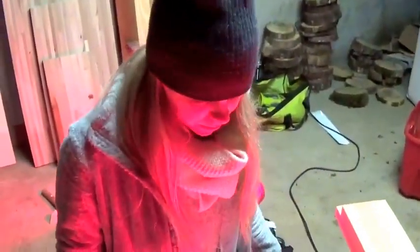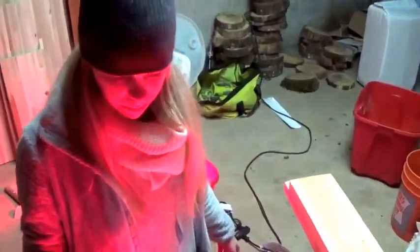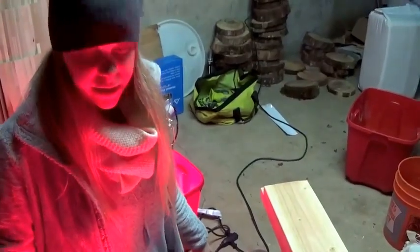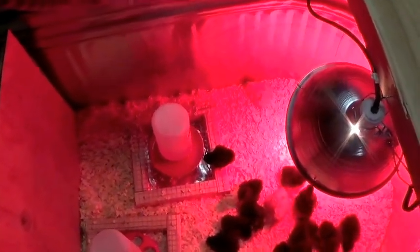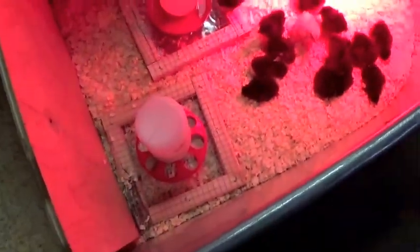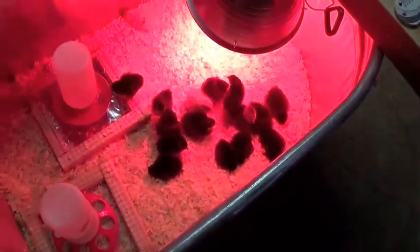And the nice thing about the tin is we could probably reuse them several times, just rinsing them off. Oh yeah. But that's way easier to clean than this whole bin. Mm-hmm. So I'm thinking that as it gets poopy and stuff, just putting another layer of fresh wood shavings over the top, and boom, boom, boom. Because this is all going to pack down a little bit over the next couple days. That's true. These guys kind of run around and do their chicken stuff on it, because it's pretty fluffy. Like you can see over here,